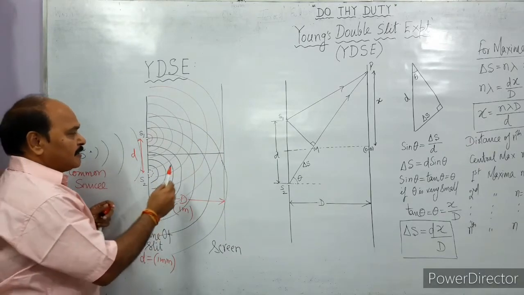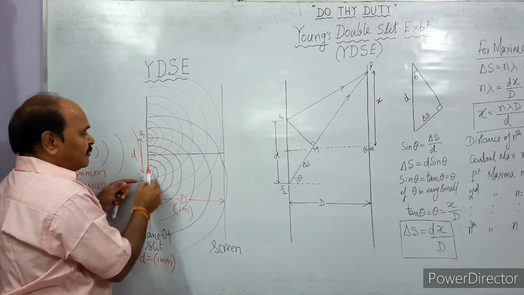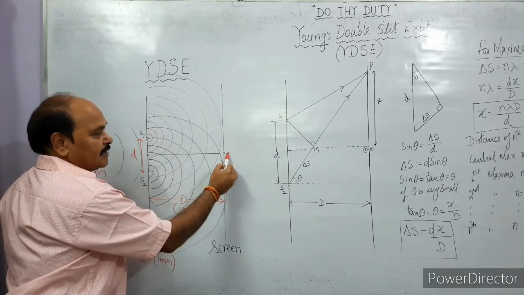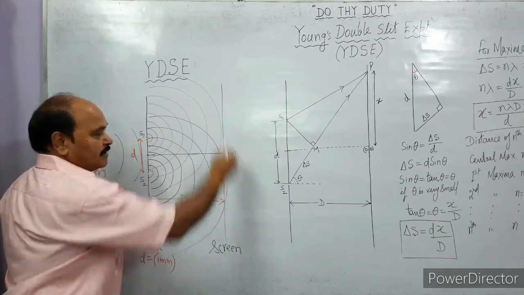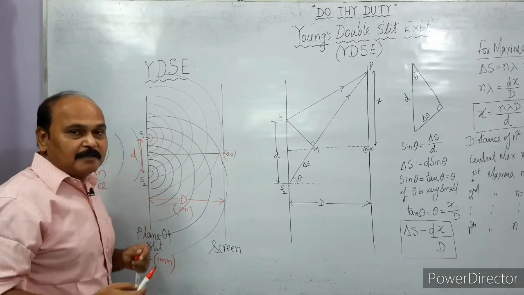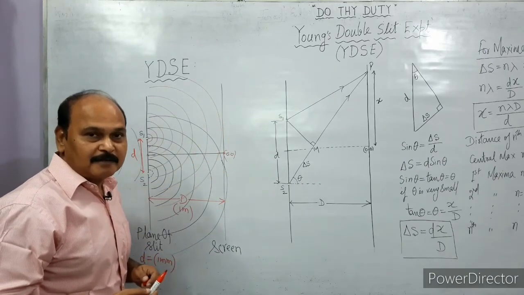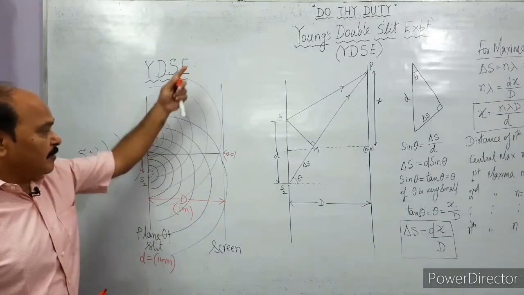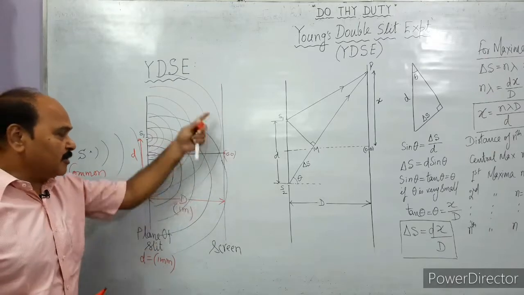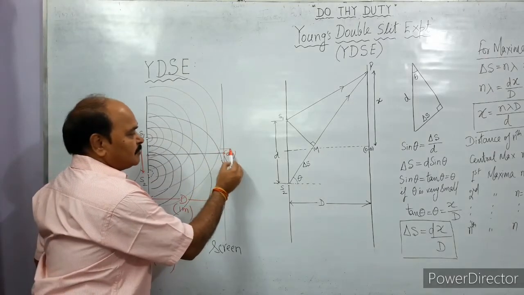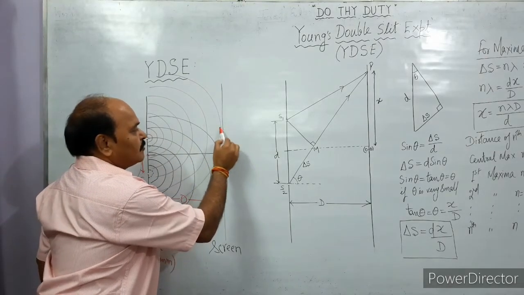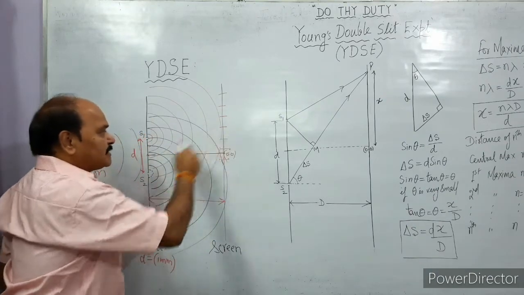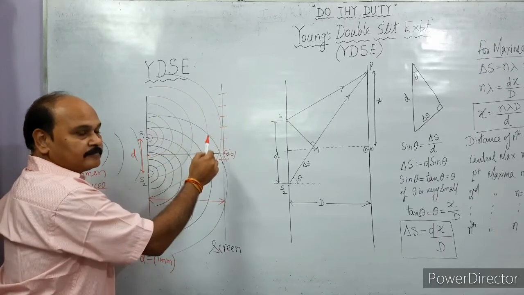Right in front of the center of this plane of slit is the center of the screen, and all over this screen is formed an interference pattern. You already know an interference pattern is an alternate arrangement of maximas and minimas. So right over this screen we have maxima and minimas formed. And remember, all these maximas and minimas are along different lines which originate from here.